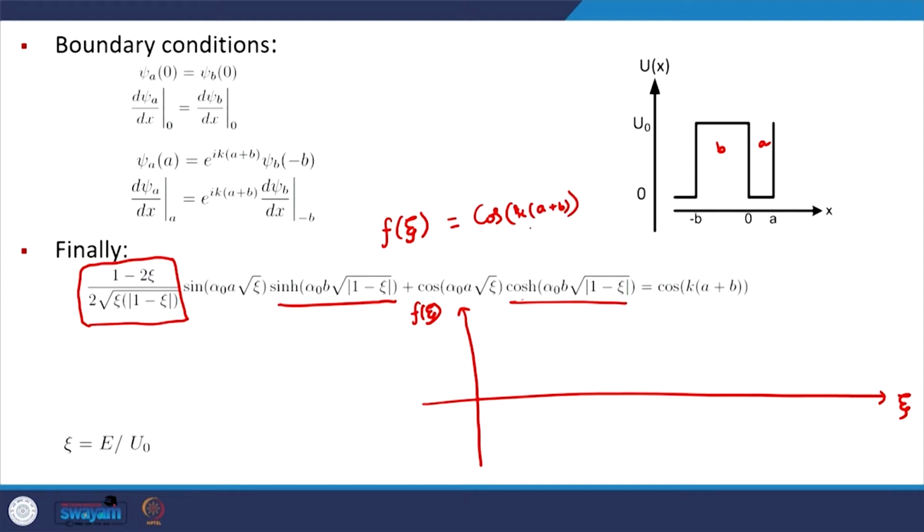Okay. And as you might have already realized, in order to plot this f(xi) function, we also need these parameter values, these system parameter values, so to say: alpha naught, a, and b. These three values we at least need to have. So, for a standard value of, let us say, alpha naught a, let us take it to be pi, or we can take any arbitrary value of these constants,